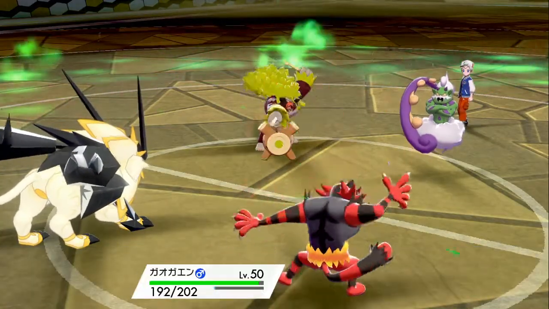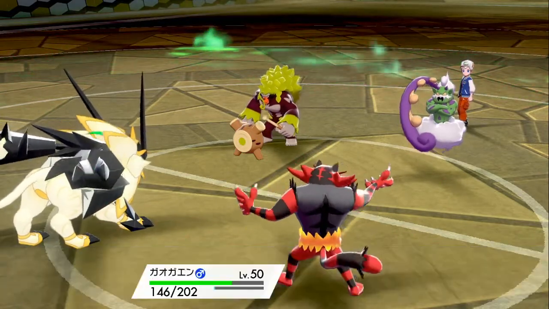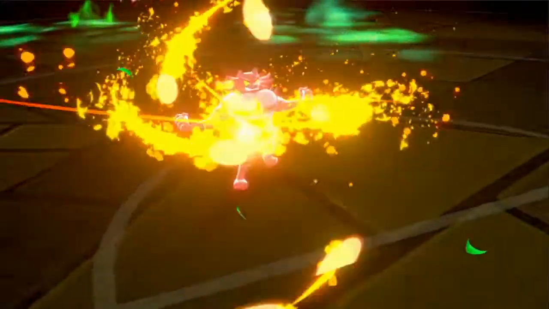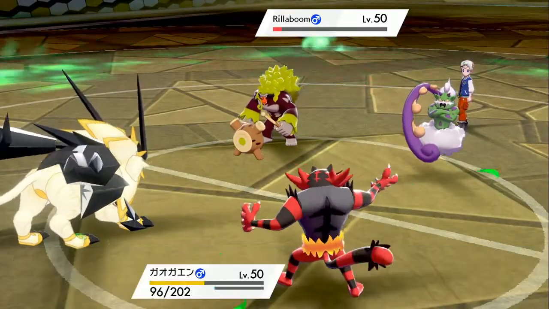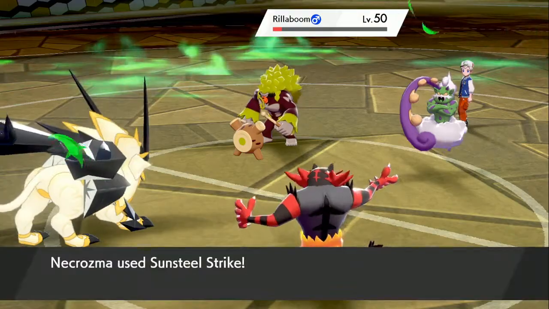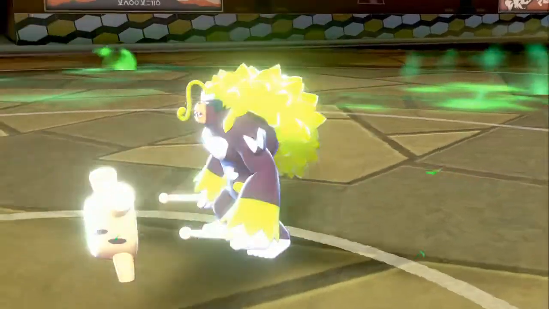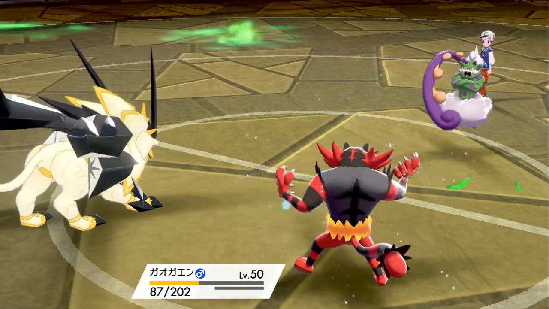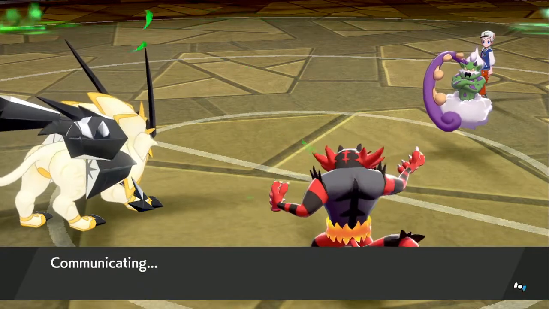Rillaboom is going to Knock Off into Ensign. I lose my Berry, which, not a big deal. Yep, gets rid of Figy Berry. I think this should, hopefully, let's see, both Sunsteel. Okay, wow. Yep. So with the double up, I'm going to be able to take it out. They either have Zygarde in the back with Comfey or Incineroar. Comfey, I don't care about because then I can so easily bring out Ferrothorn and just start setting up Iron Defense. But if it's Ensign, it's still a little bit tricky. I think even still...